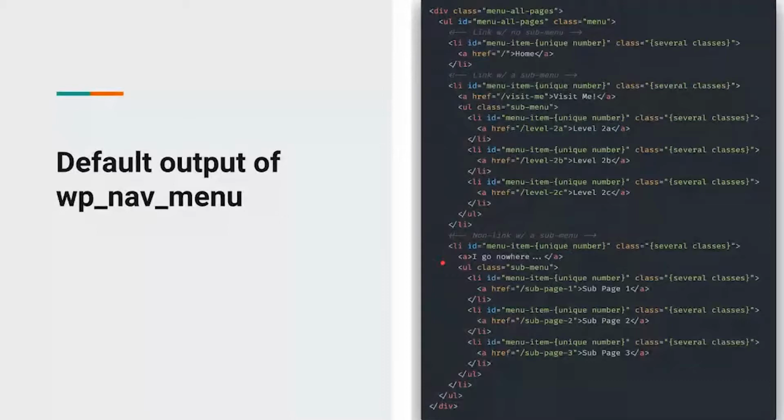And it's got no href value, because WordPress is going to be non-opinionated about what should go there. It's not going to say, oh, there should be an href with a hashtag there. No. WordPress is just going to say, well, you didn't give me a link, so I'm not going to give you an href. Done. So for the most part, if you don't have a non-linked thing, then it's okay. But